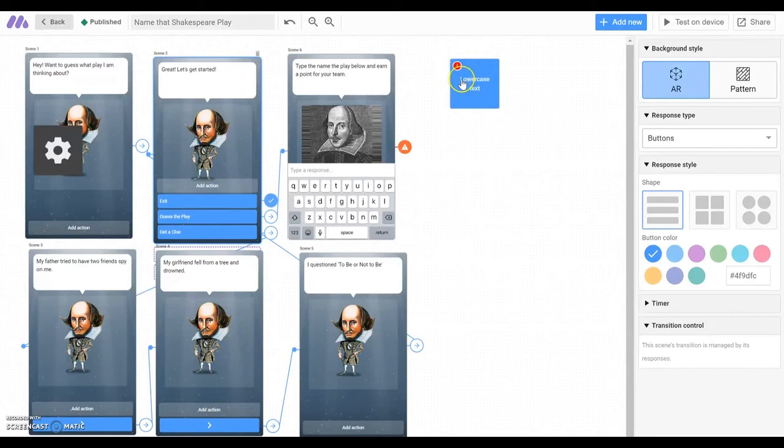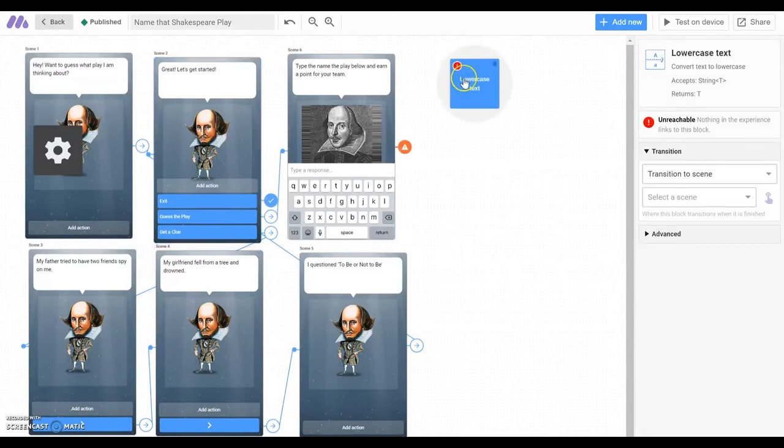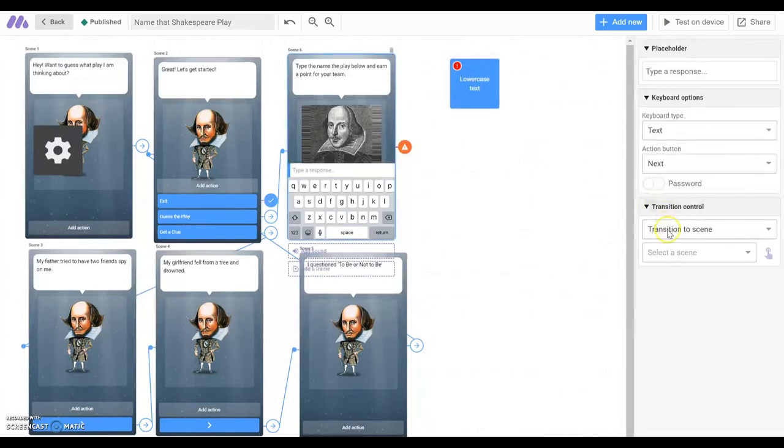So we're going to go ahead and go to lowercase text, and I need to link these two together. So this time I'm going to do transition to block, and I'm going to transition to the lowercase text block.